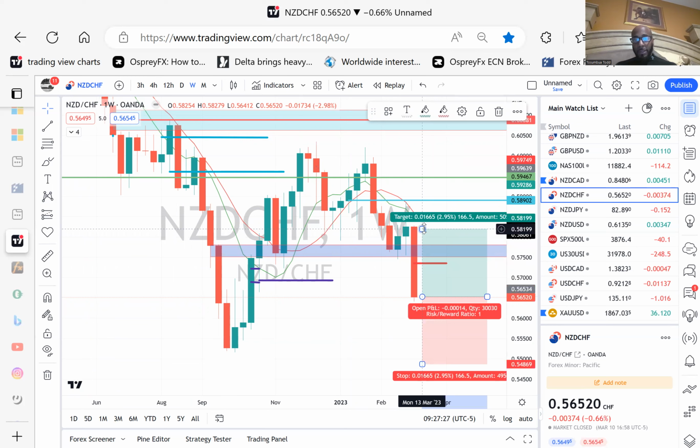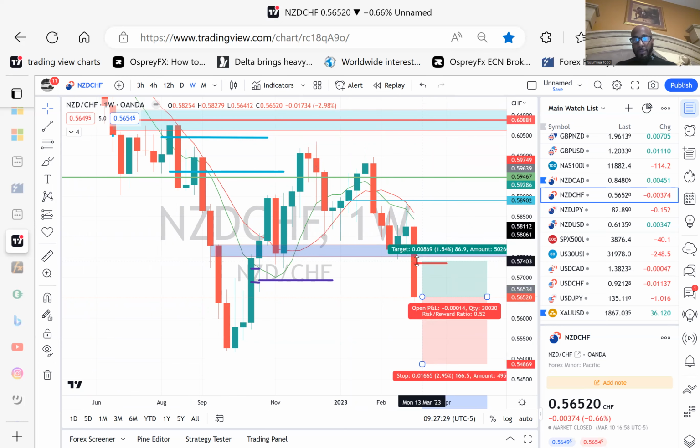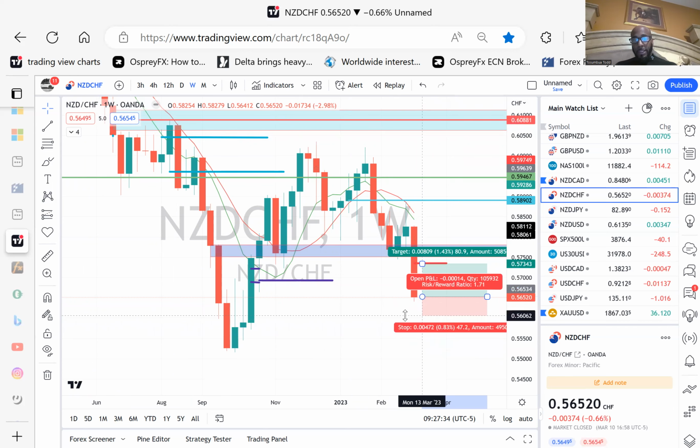This is the concept, right? ICT calls this concept the power of three. We don't trade it exactly the same, but this is how I trade. I'm trading it back. That's going to give me my 80 pips. Maybe it goes back to the 78.6, or it doesn't matter. The further it goes up, the more pips that I'm going to get, right? And therefore, it puts me on the right side of the trade.